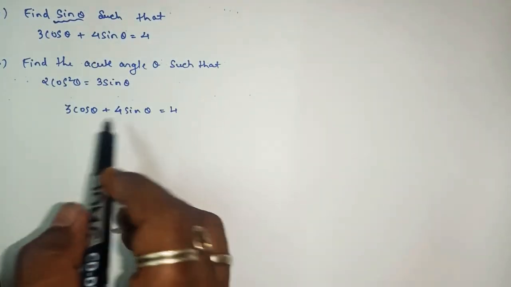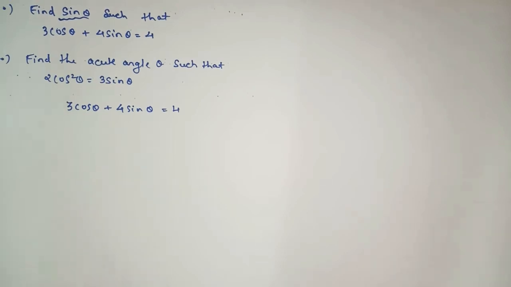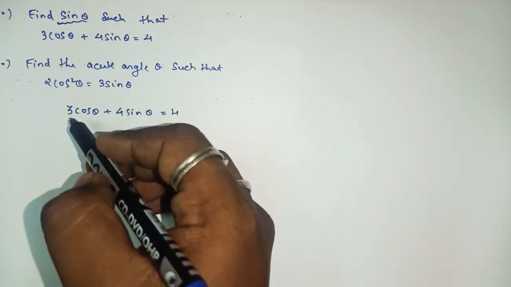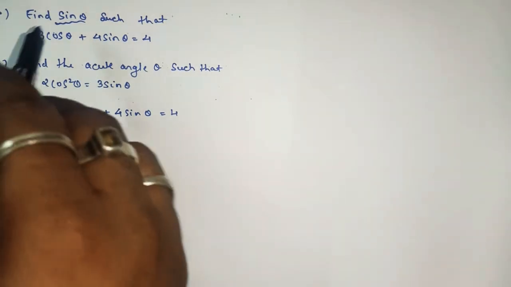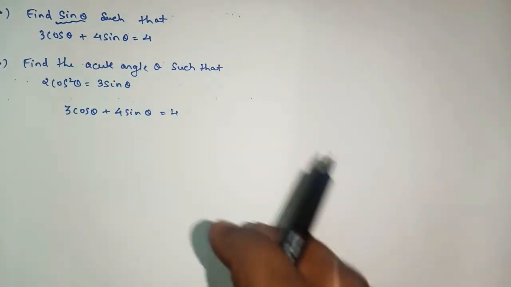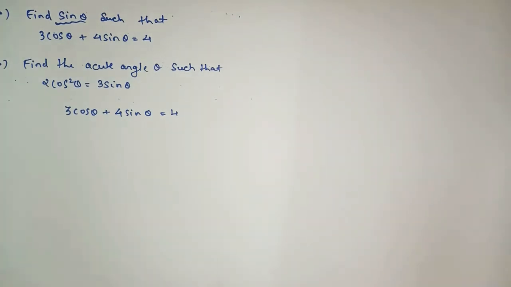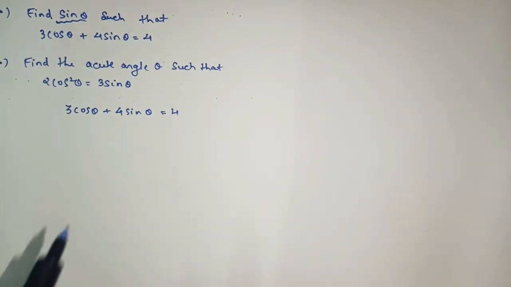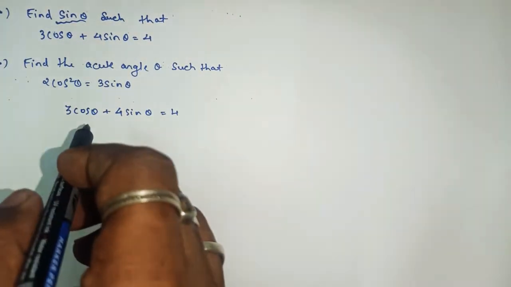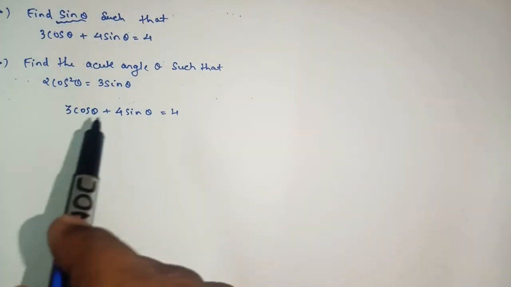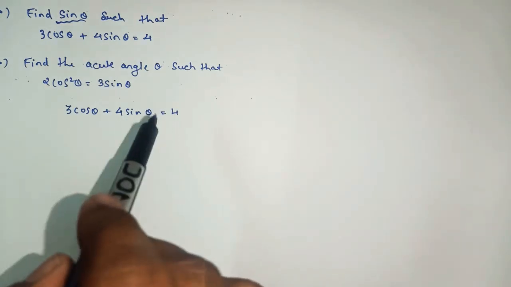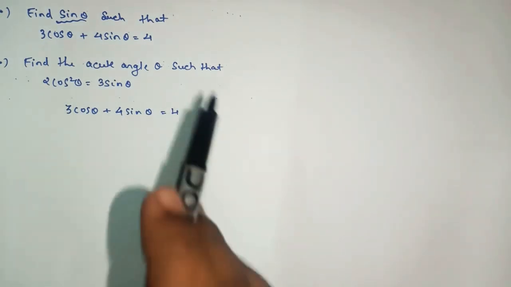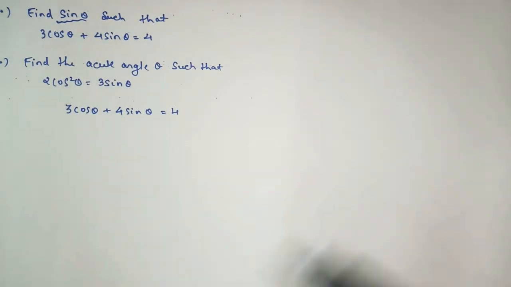But here we have sine as well as cos. So anyhow we have to eliminate cos from the question, because it says that we have to find the value of sine. So whenever we have to find the value of sine, simply try to eliminate the cos part, or try to convert this cos into sine in such a way that each and every term will contain sine only. And of course if each and every term contains sine, the final answer will be in sine only.